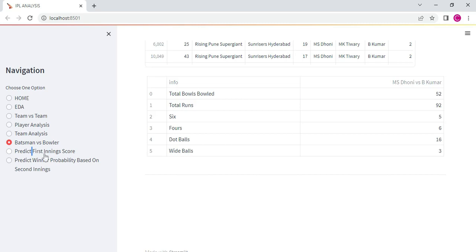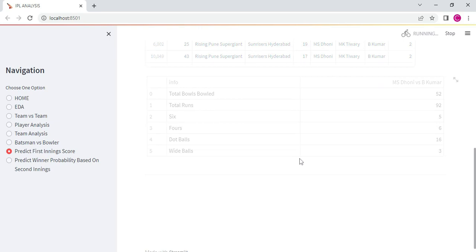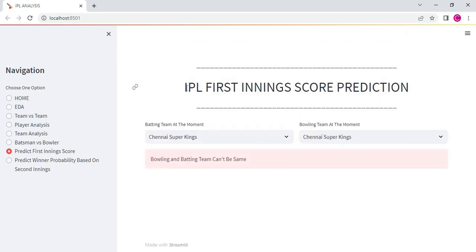Next, go to predict first innings score. Click predict first innings score. This is the IPL first innings score prediction. First, you can choose a batting team at the moment. Chennai Super Kings is the batting team. Then the bowling team at the moment,